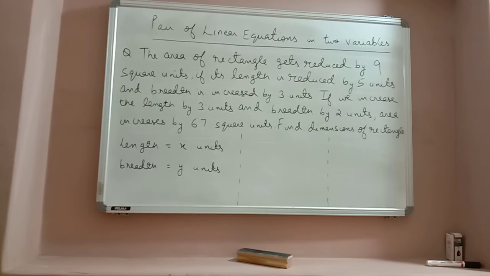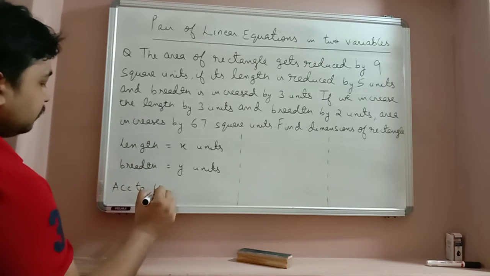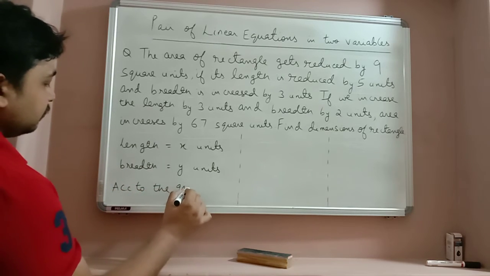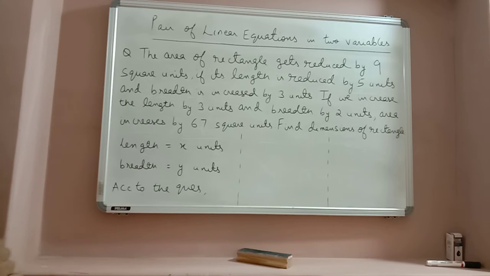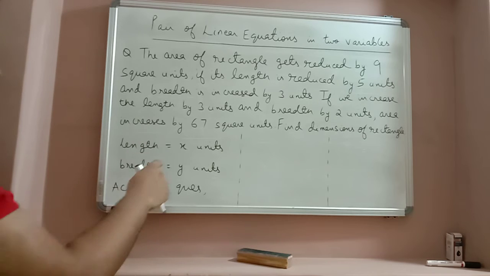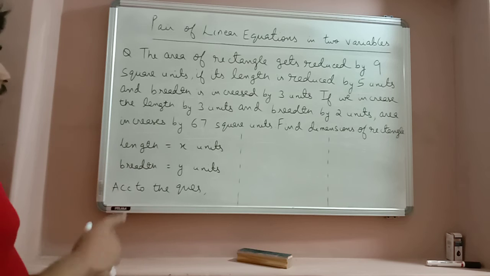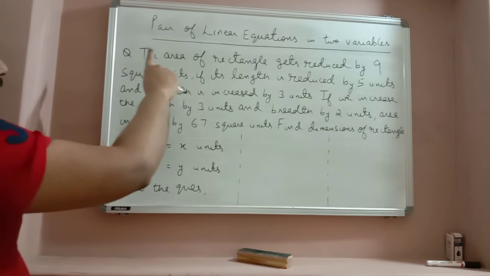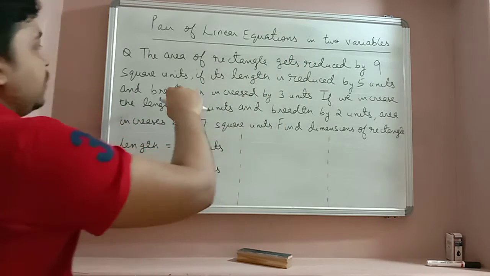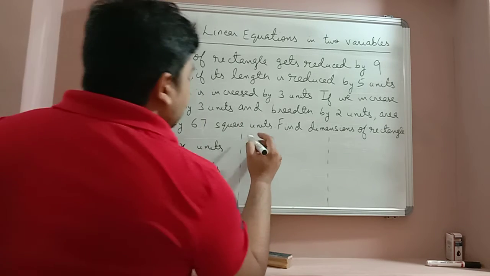So according to the question, now the area will be x into y, the length into breadth of the rectangle. So according to the question, the first case is the area is reduced by 9 square units if its length is reduced by 5. So length is reduced by 5